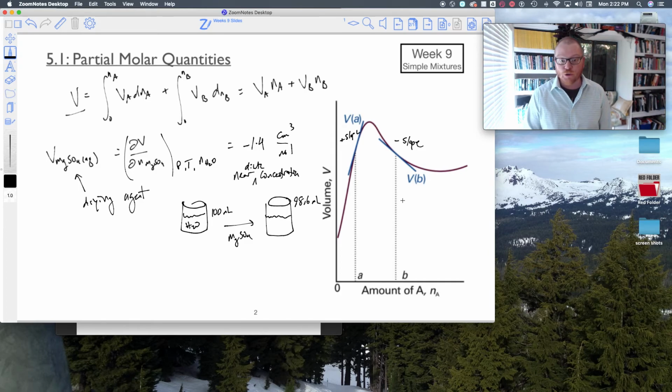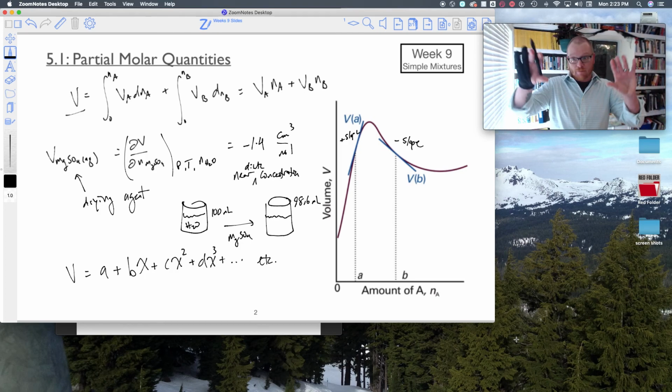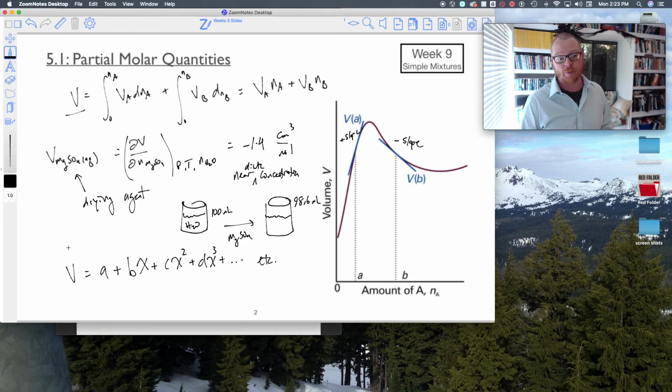Typically, polynomials are used to fit mixtures. So in other words, if I want to predict this total volume, you can see this equation is kind of crazy looking. So I would need to use some type of polynomial like A plus B. Let's say if I was doing this on a mole fraction graph, it would be A plus B times mole fraction plus C times mole fraction squared plus D times mole fraction cubed, etc. Okay? So there's no definite given equation for how to predict partial molar volumes of these solutions. You have to just mix them little bits at a time and look for changes in volume, and of course, then fit the data with a polynomial to get after that quantity. I'm not going to really have you do much with that, but it's an interesting example all the same, where you can actually add a solid to a liquid and it reduces the volume. It's counterintuitive, right? Okay, so